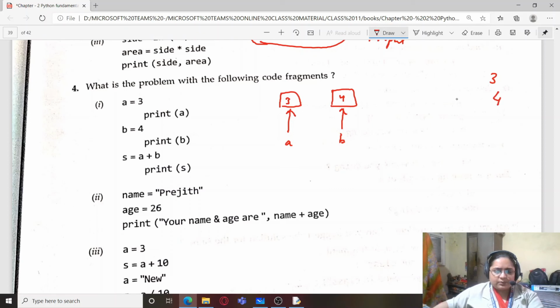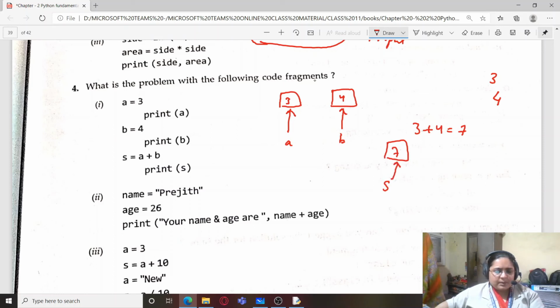Print B, so value. See, for such questions you should always act as a CPU, and you should yourself take one statement at a time, see what is happening, apply your concepts and accordingly proceed. Don't try to look into this whole code as a whole. Take it one statement at a time. Then you will automatically see, and if you draw and solve it, if you make a memory map and solve it, it would be very easy for you to figure out what is happening. S equals A plus B. So A plus B, that is 3 plus 4, that is 7, which will be assigned to S.